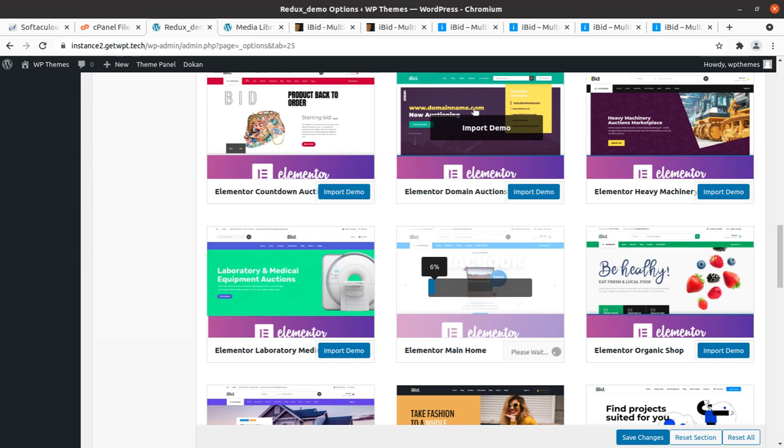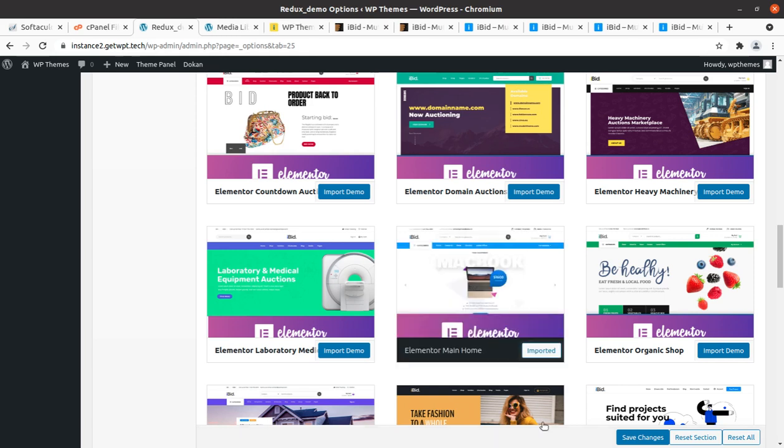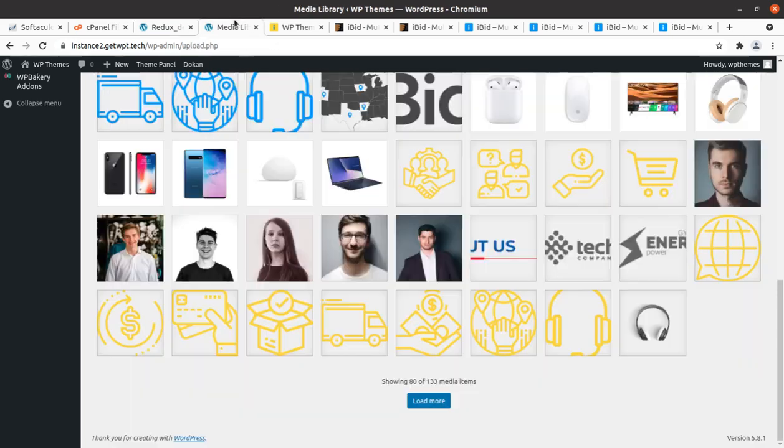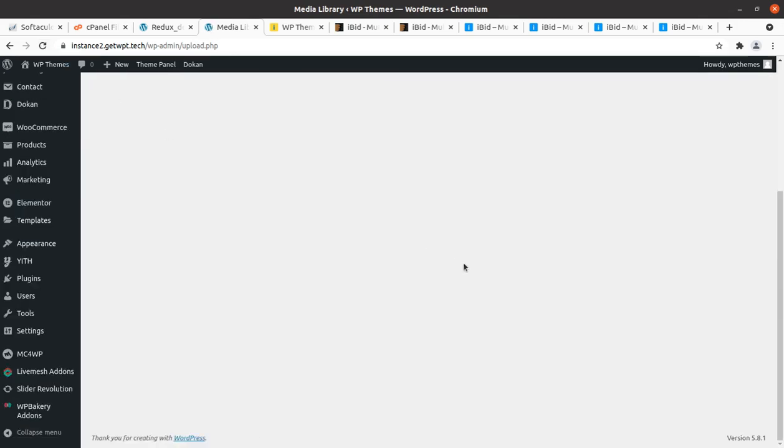So I have re-clicked, and now it is increasing. Now it is showing 6%. This is the only trick to import the demo data successfully, and now it is increasing, and we have to wait until it goes to 100%. And now the import is complete for me, the import button has turned into re-import, and the page got refreshed. Yes, so we have got 133 media items in this import.